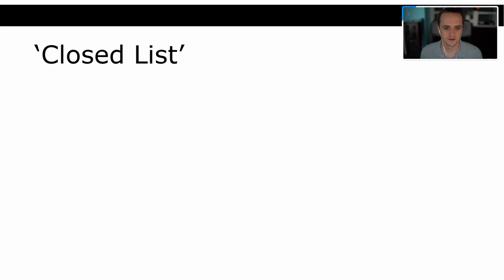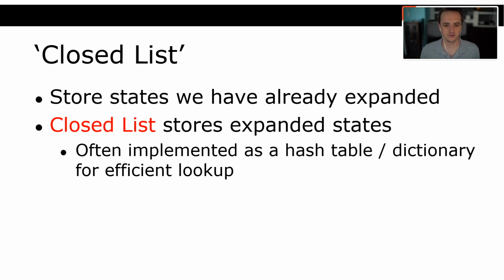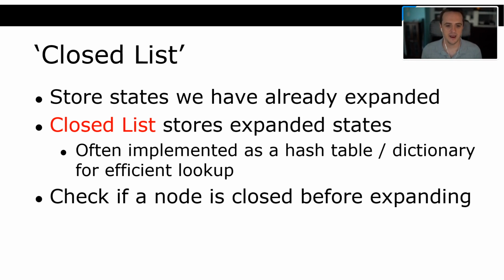Alrighty. So we're going to introduce the concept of a closed list. A closed list is a data structure, and this is just a collection of states that we have already expanded. So the closed list stores expanded states. Sometimes this is implemented as a hash table or a dictionary or an array for efficient lookup. And what we're going to do is check if the state of a node is in the closed list before we